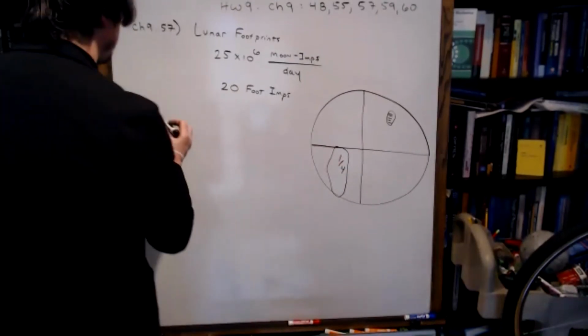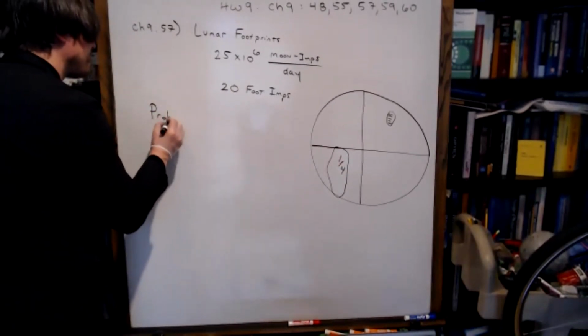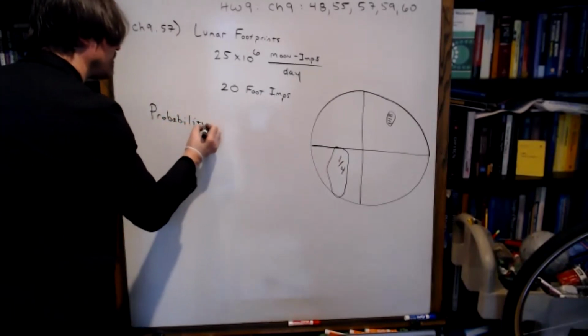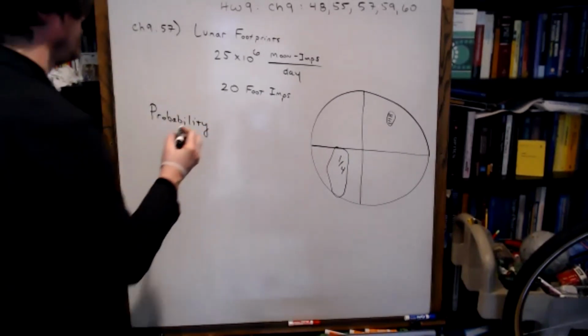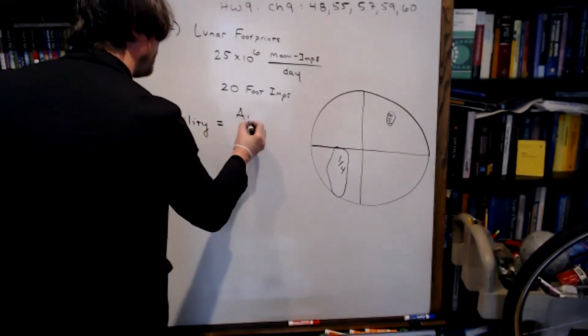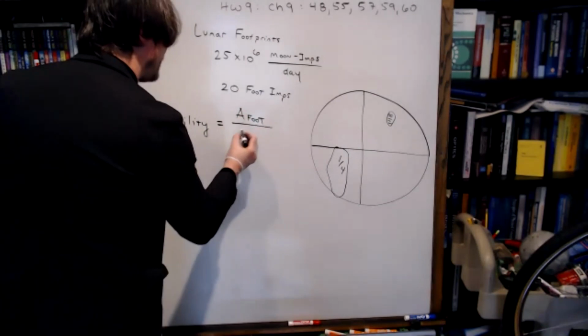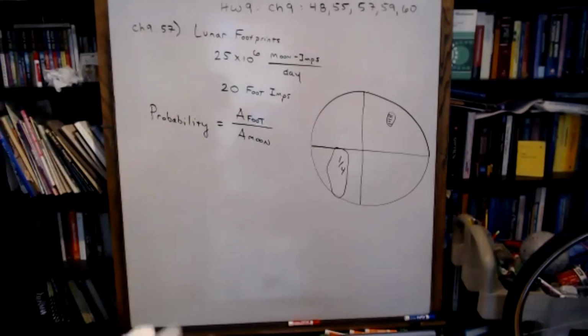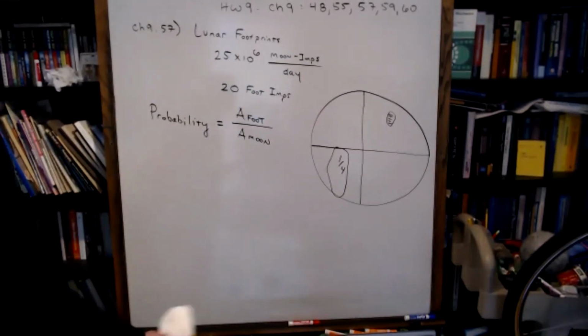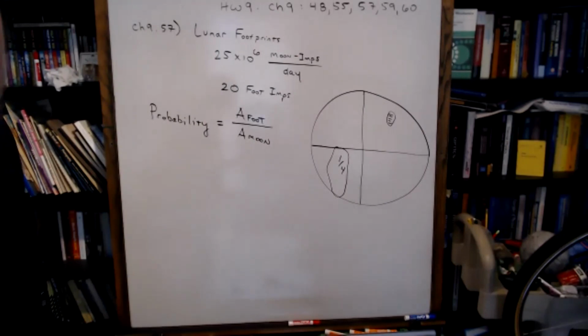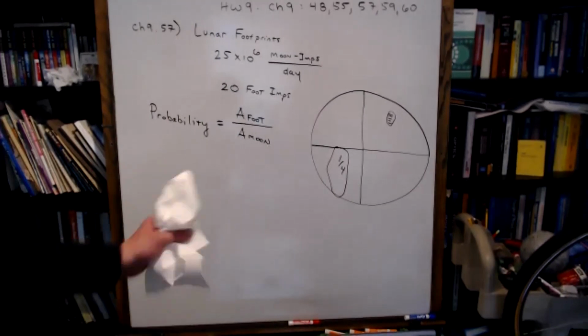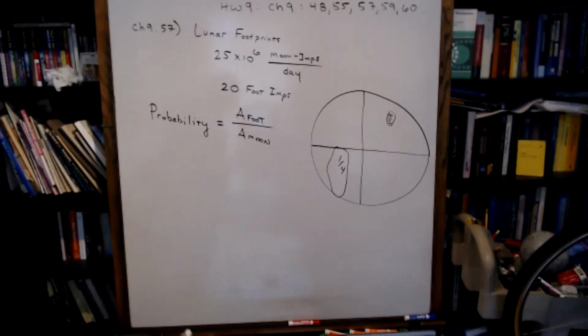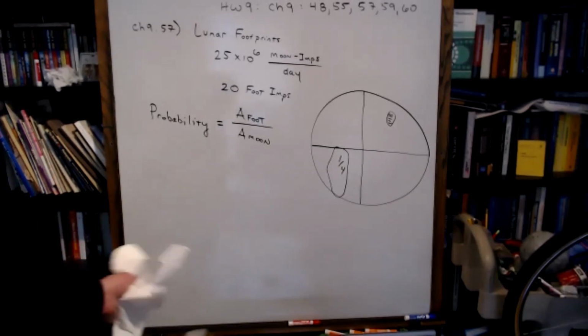The concept is that the probability of a single impact hitting the foot is going to be the area of the footprint divided by the area of the moon. Basically, it's the ratio of areas. And this holds in darts too. If your bullseye is 1/50th of the surface area of your dartboard, then you have a 1 in 50 chance of randomly striking the bullseye if you throw darts at a dartboard. That's assuming that you have no skill, but enough skill to hit the dartboard, which is kind of funny.